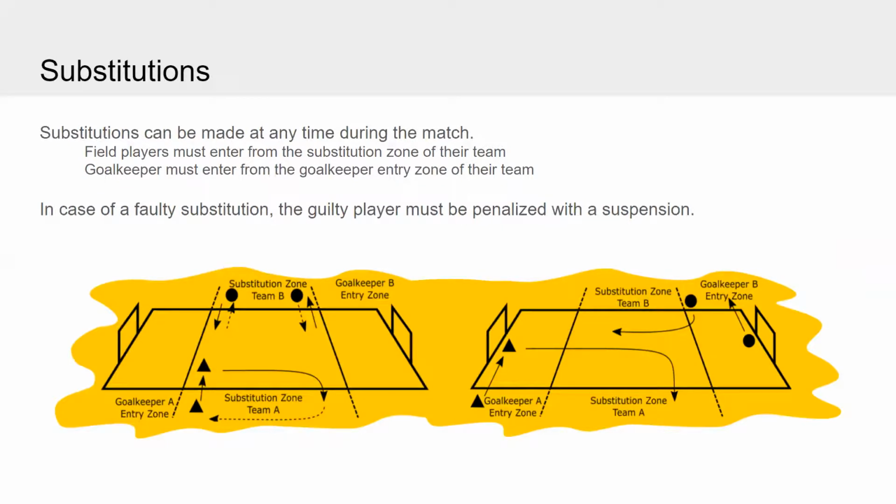Now the thing that really makes beach handball somewhat a different game from the indoor version is the substitutions. Every team gets one sideline of the field assigned. We're not sitting on one side like in indoor. Team A has the side that's nearer to us right now, and team B has the side that's further from us. In between the 6-meter lines from the goal area is what we call the substitution zone, where all the field players can sub in and sub out with another player at any point in time